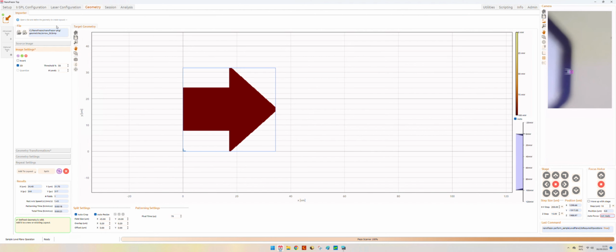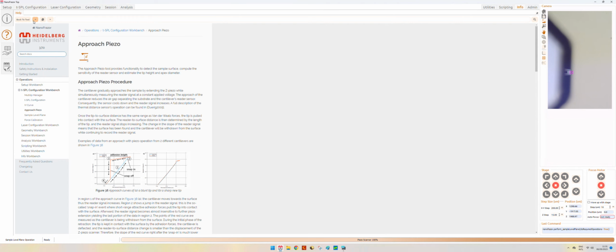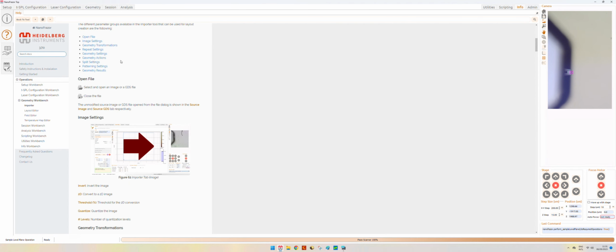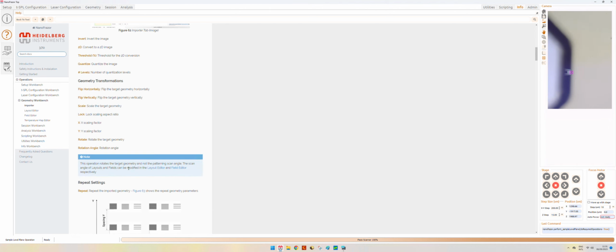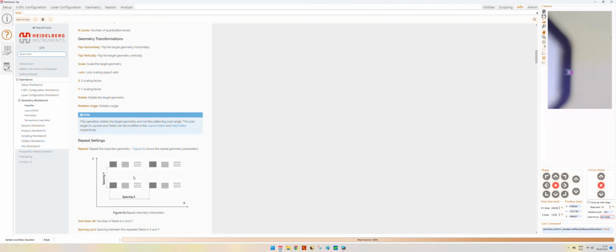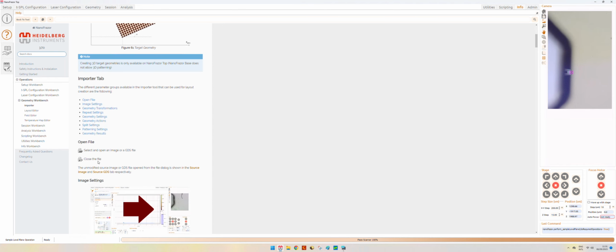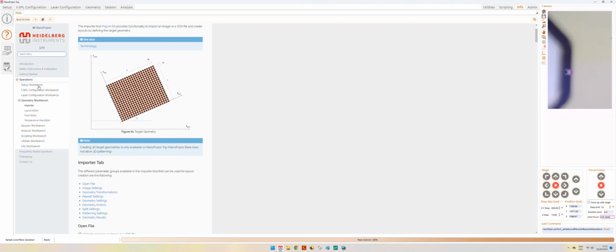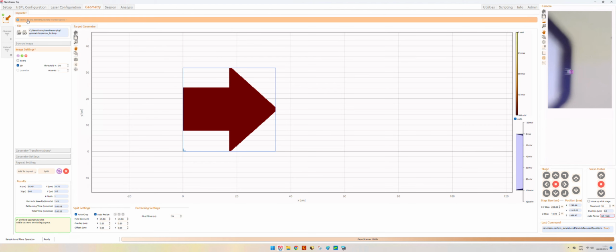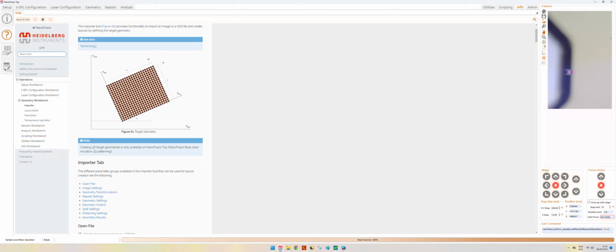Or if we go to the geometry importer, we are curious about knowing more about this tab, we can press question mark and we go in the user manual, which explains all the functionalities that we have in this specific section. So this is a user manual, very useful, very important to know.